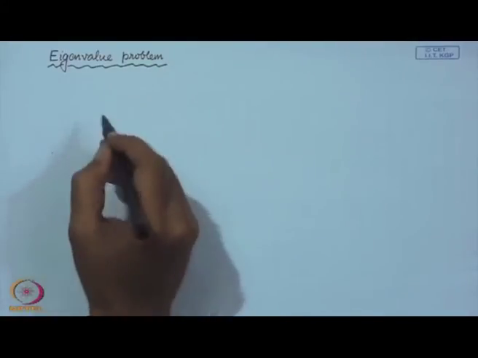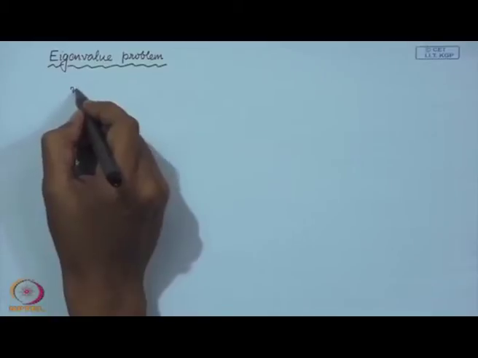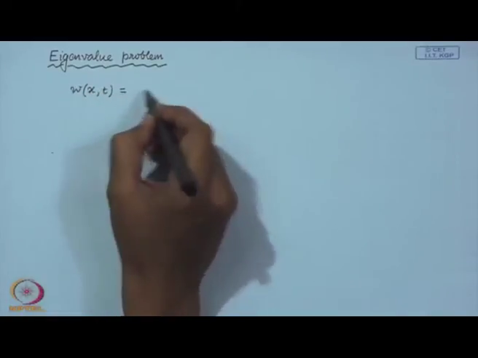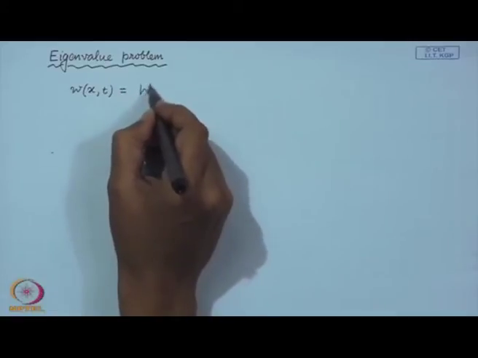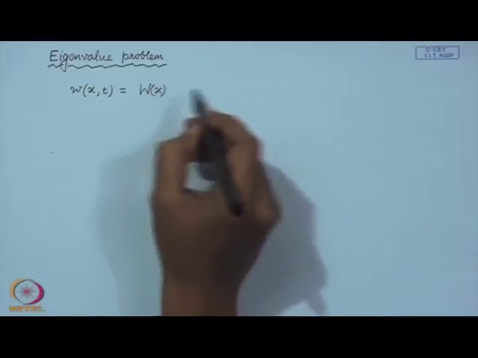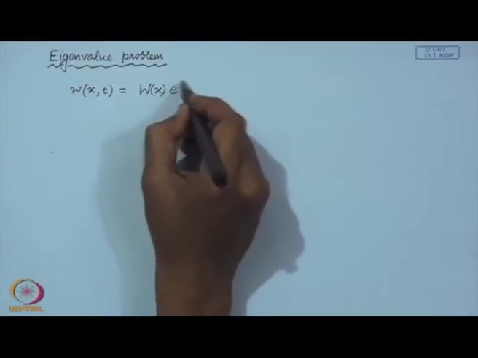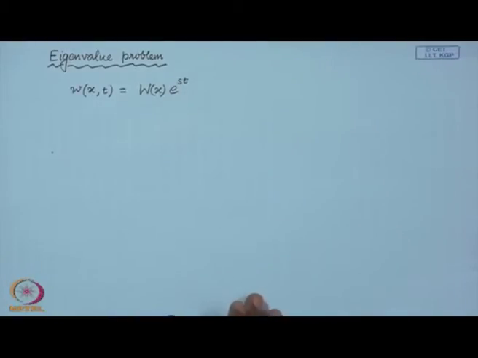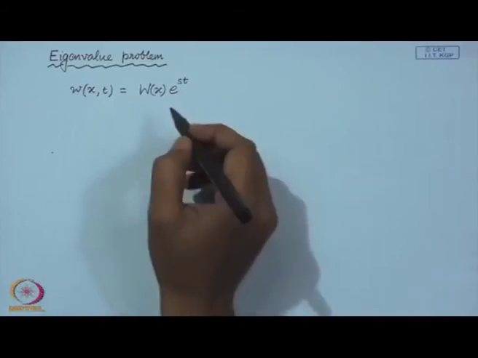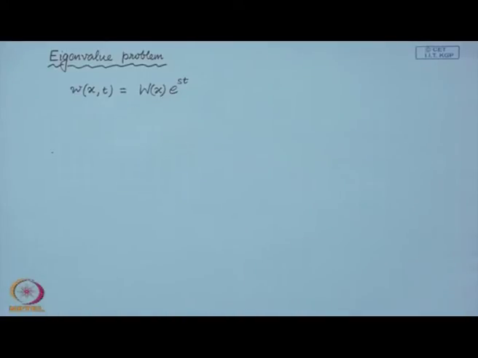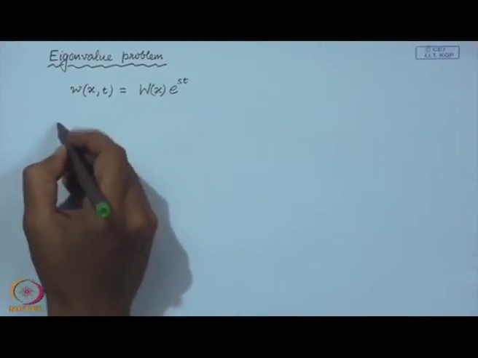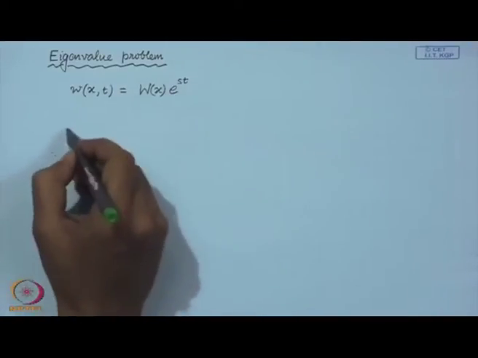We look for a separable solution, a complex solution of the form, let us say W(x) exponential st. Now, when we substitute this in the equation of motion and we do the simplifications,